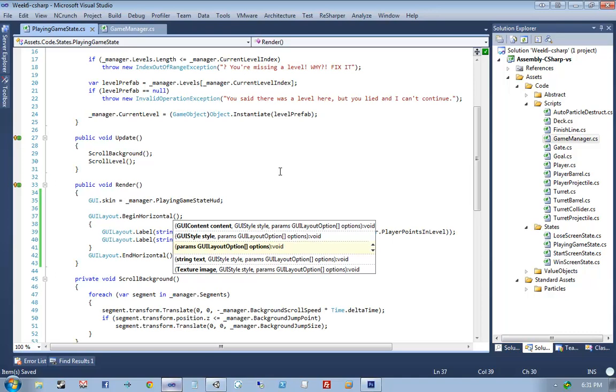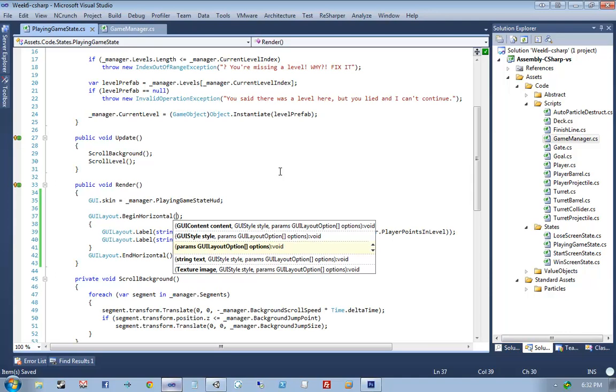And I've alluded to this, but I'm going to mention it explicitly here: if you had alternate skins, you can use GUI.skin in between those two different labels so that you had two different skins if you wanted. Right. The other option would be to use something called a GUI style, which these skins are a collection of, as Nelson mentioned earlier, and those you can pass in on a per call basis to label and box, or indeed to the begin horizontal, as you can see here, under the top